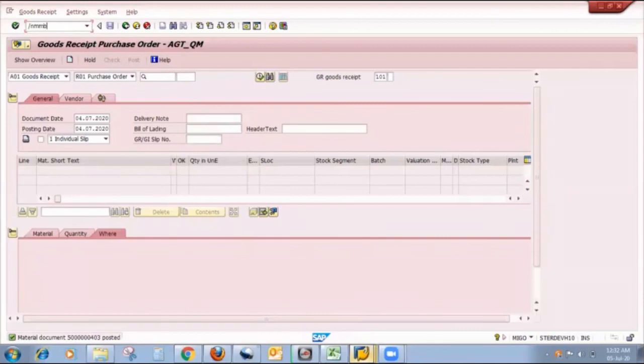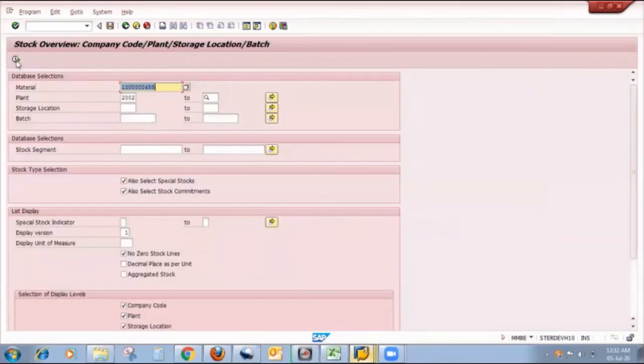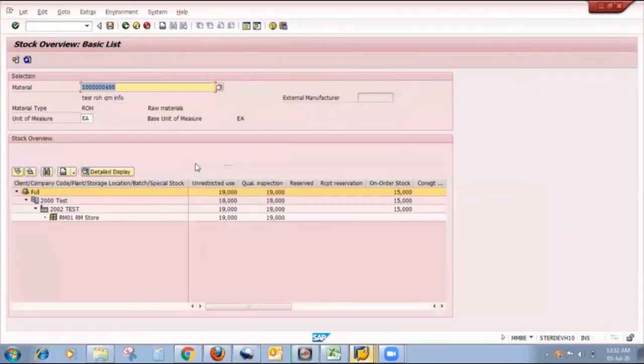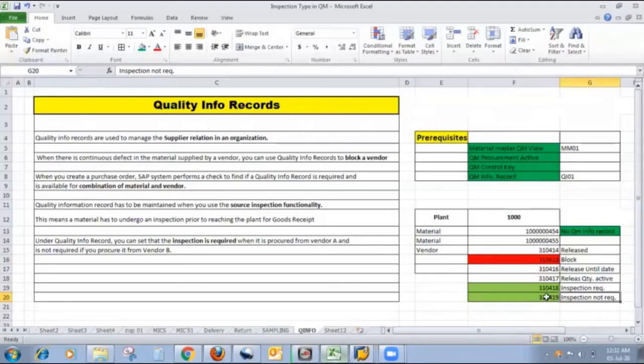Suppose I show you the stock overview of that particular material and plant combination. You can easily see some inspection lot is in quality, but some inspection lot directly moves to unrestricted. So friends, this is more about the quality info record.